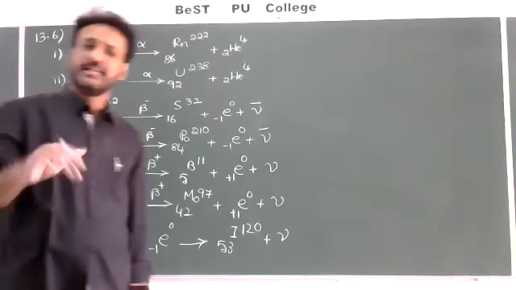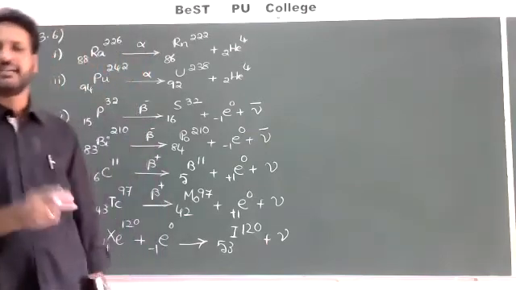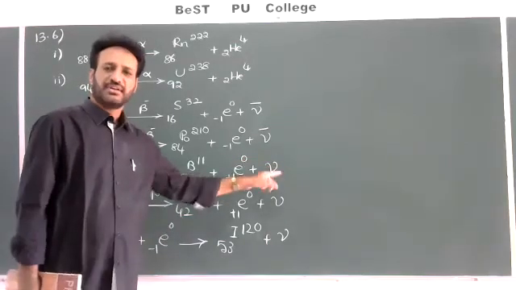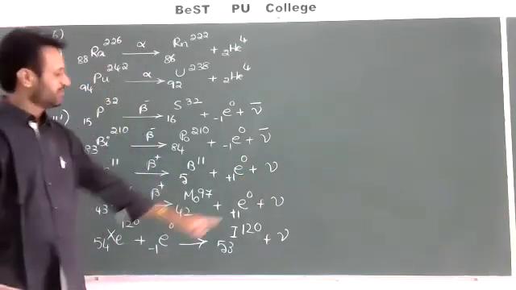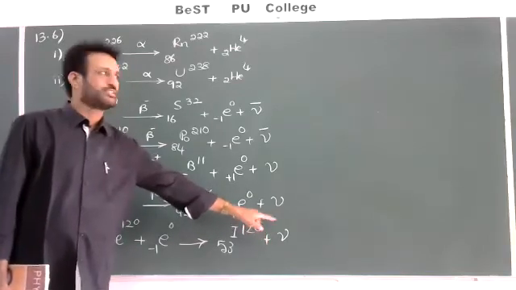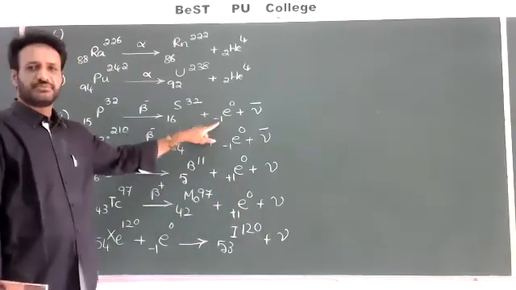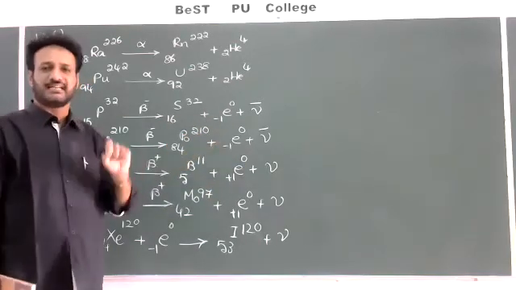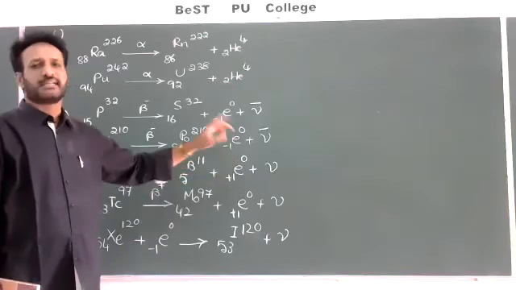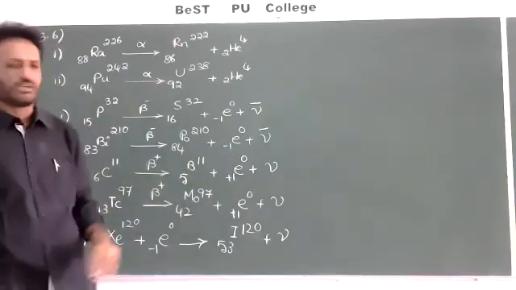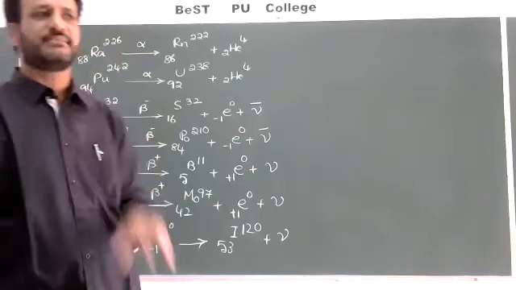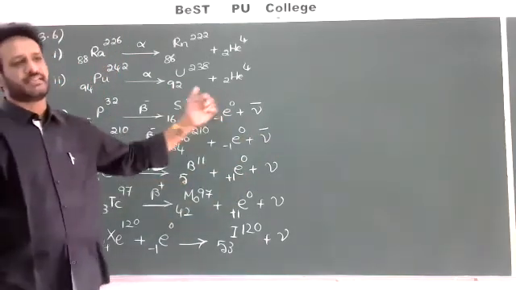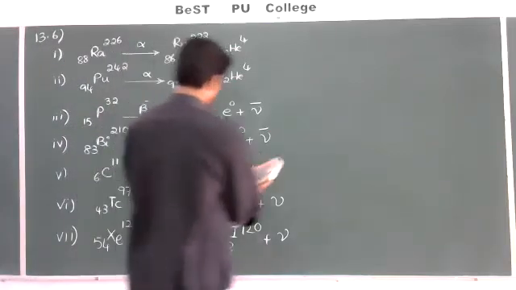Whenever an electron is released, we should write an anti-neutrino. Whenever a positron is released, we should write a neutrino. Whenever an electron is captured, here also you should write a neutrino. Nu is always a neutrino, E -1 0 is an electron or beta minus particle, and E +1 0 is a positron, nothing but a beta plus particle. So these are the equations, but all may not be asked. Generally in competitive exams, any one will be asked, and we have to fill in or identify what new particle is emitted. That is it. Next, 13.7.